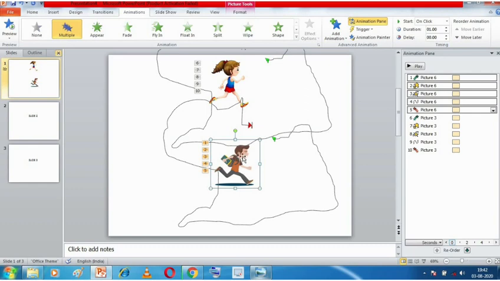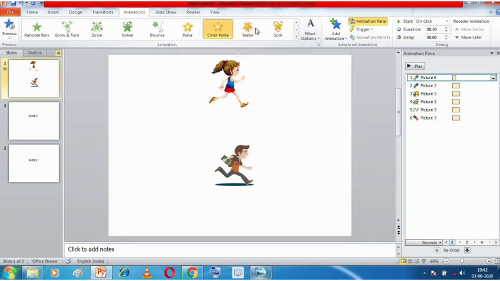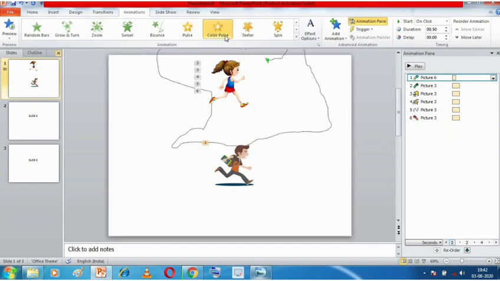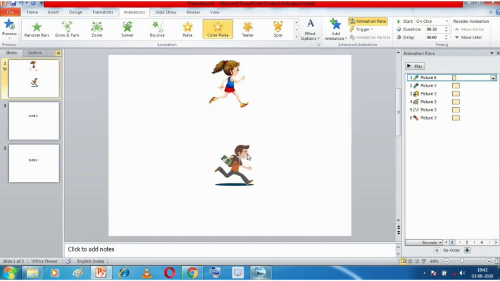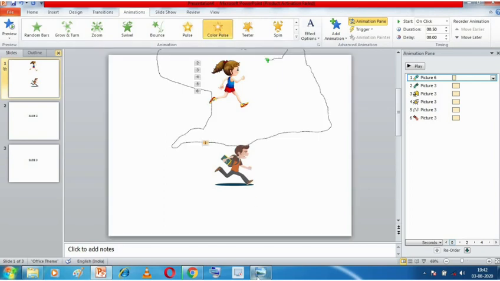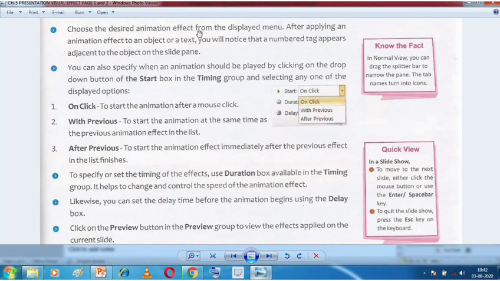Suppose I've clicked on this object, and suppose I want to apply one more animation, suppose this pulse animation to this. So I'll come over here, I'll choose the pulse animation. And then what I need to do is choose the desired animation effect from the displayed menu.